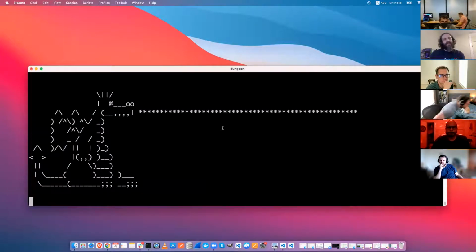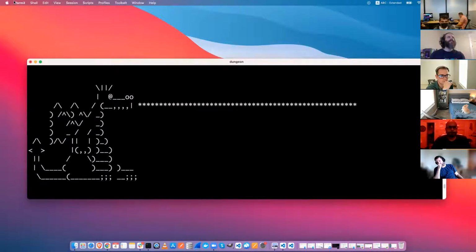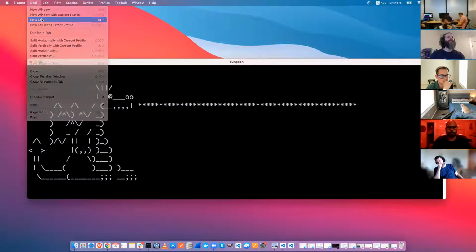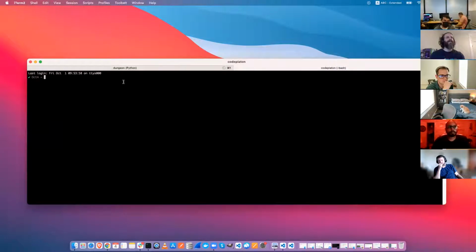So how do we defeat this dragon? I don't know. So I'm going to open up a new tab. And I want to go back to where I was before. So you can cd one level at a time, cd and then go to the next one, or we could give it a whole long path. We know exactly what our destination looks like. So I'm going to do cd, on my desktop. Let me make this bigger.